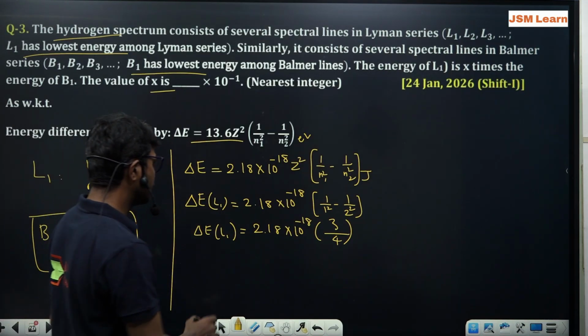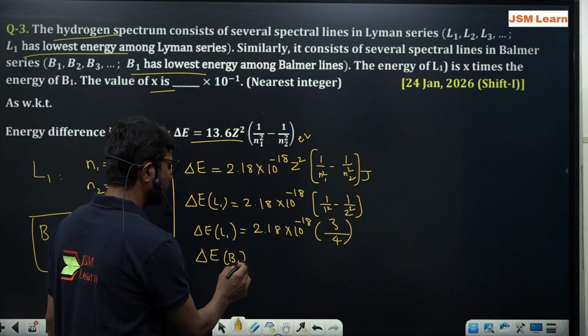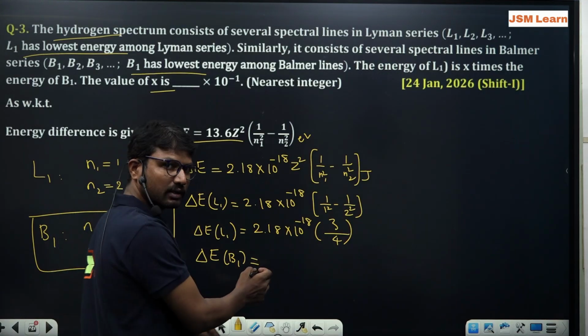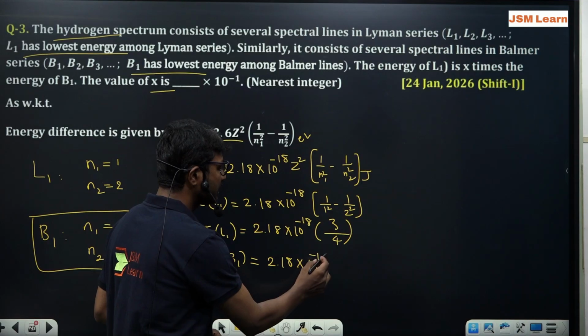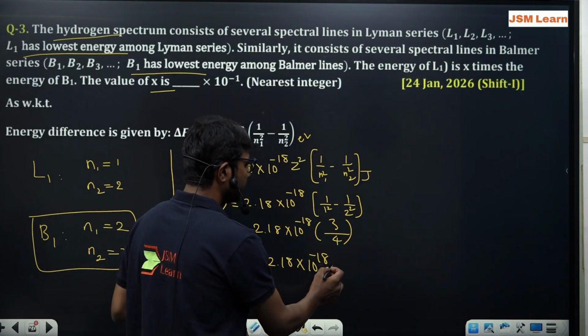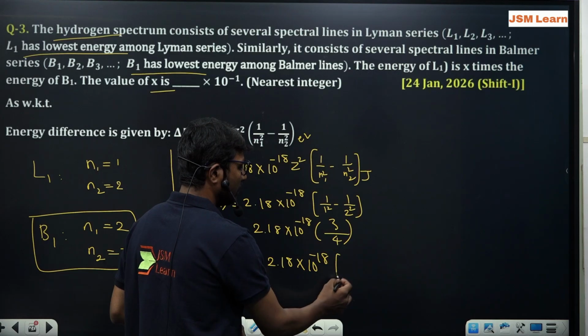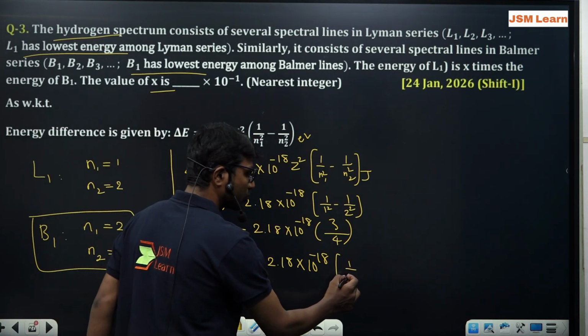The same way we can check for the Balmer series. According to the given information, the energy of Balmer line B1 can be calculated as what? 2.18 multiplied by 10 to the power of minus 18. Again this line is also for hydrogen, so we can take Z value as 1. So 1 upon n1 value is 2, so 2 square, minus